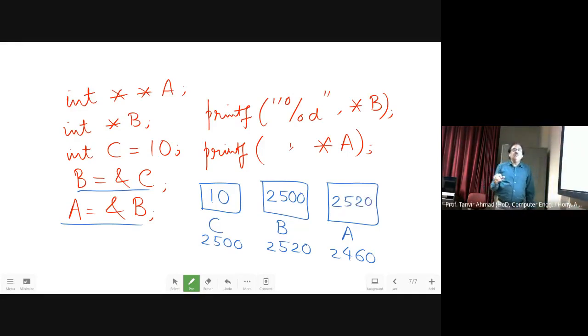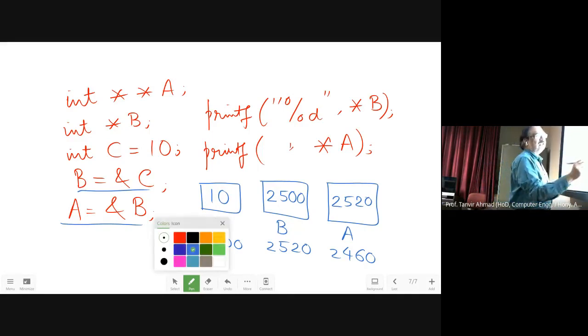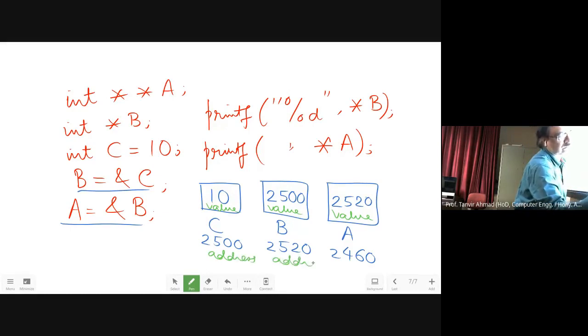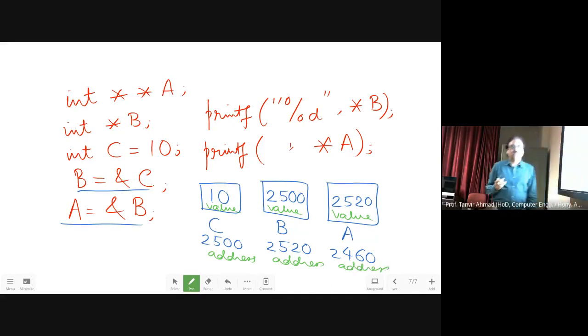Now 10, 2500 and 2520, all these are values only. This is a value. This is also a value. This is also a value. This is the address. Now, once you print star B, it prints the value 10. Once you do star A, it prints the value 2500.